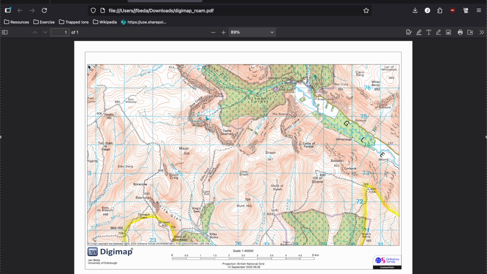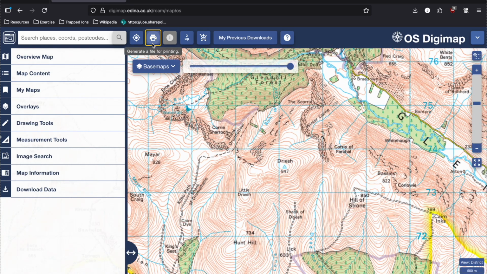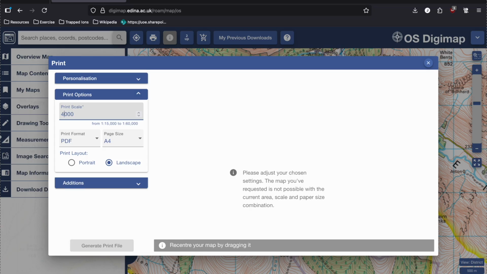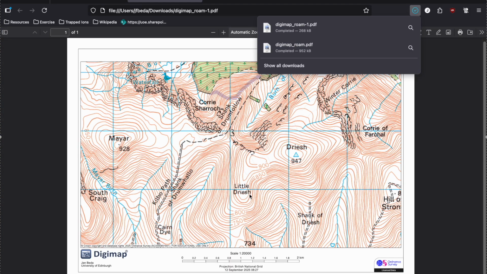And then when I print it on whatever paper I printed on, the map is even larger. If we really wanted to zoom into a particular point, we could zoom in much more here, and then print. Well, actually zooming in on the original thing doesn't do much, and then go to a 1 to 20,000, and then the print file it generates is going to be massive. And then if you crop it even more, it's even more